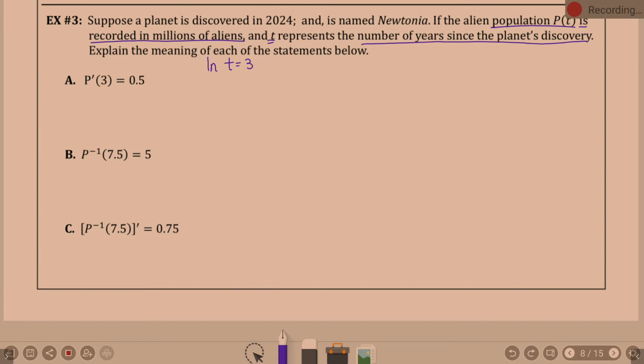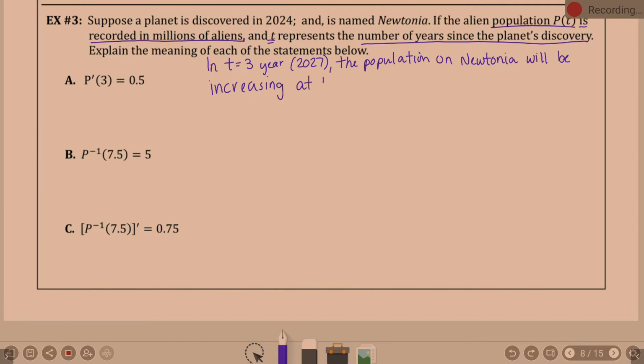So N(T) equals 3 years, 2027. The population on Newtonia. Could you just say the population? Yeah, you could. Will be... Why are we saying increasing? Because it's positive. Silly question to ask, maybe, but it's positive. Will be increasing